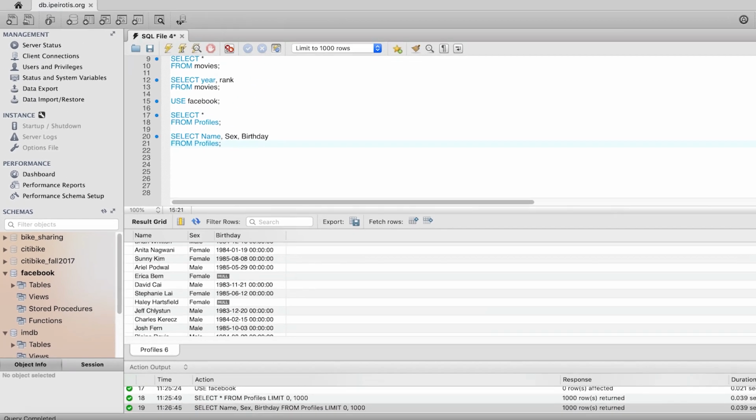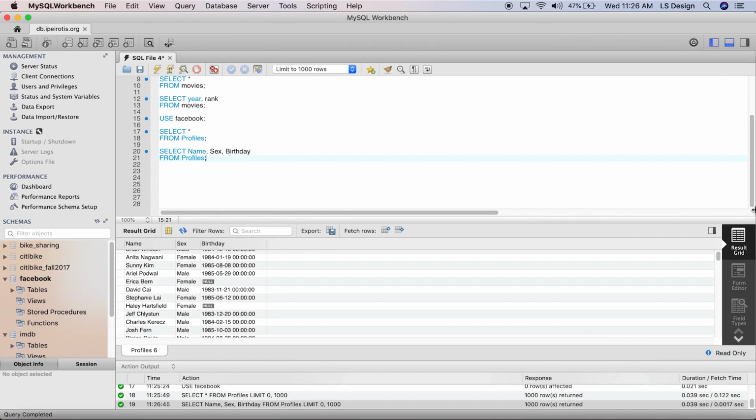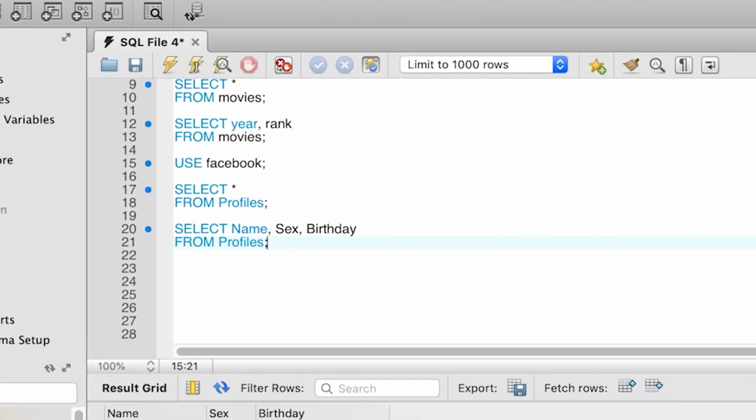Now, a little bit of a side note, if you're using MySQL Workbench to run your queries, you will see that when we write the attribute name and the table profiles, both of them get colored in blue. You can actually ignore this peculiar coloring. This happens because name and profiles are also SQL functions, and MySQL Workbench is not smart enough to distinguish between a table name, attribute name, and function name.